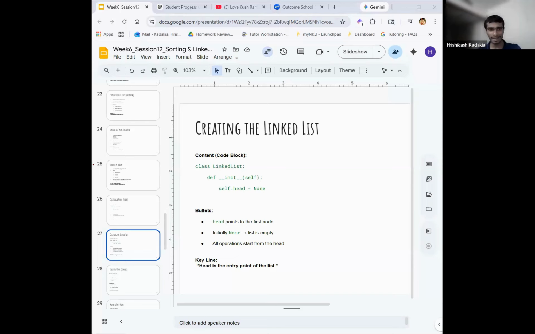So the linked list, if you make the class like I made here, is basically the manager. The head points to the first node. Initially, it's None because the list is empty, and then it starts getting pointed. So the linked list is basically the big box that keeps all of these compartments together, attached with those hanging chains. All of that is held together by the linked list. It's a big compartment kind of thing that's holding it together. So all operations start from the head. So that's where we get